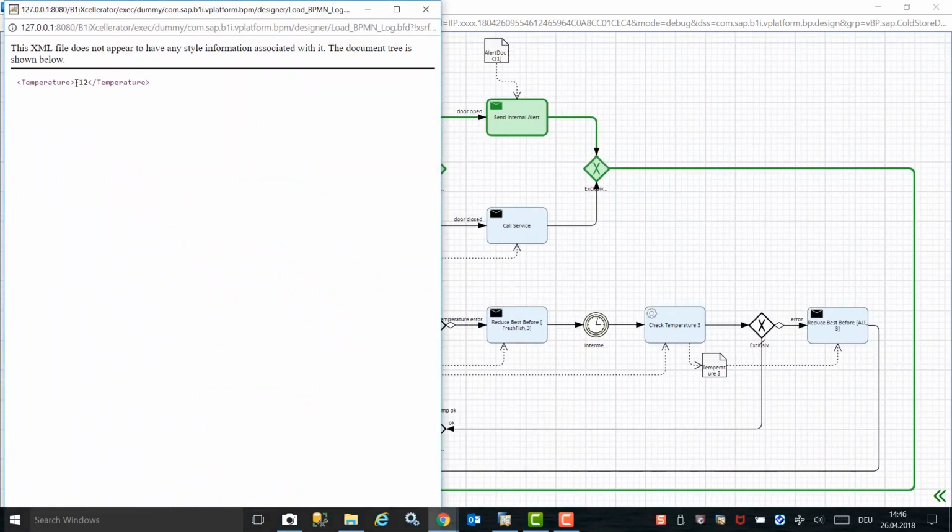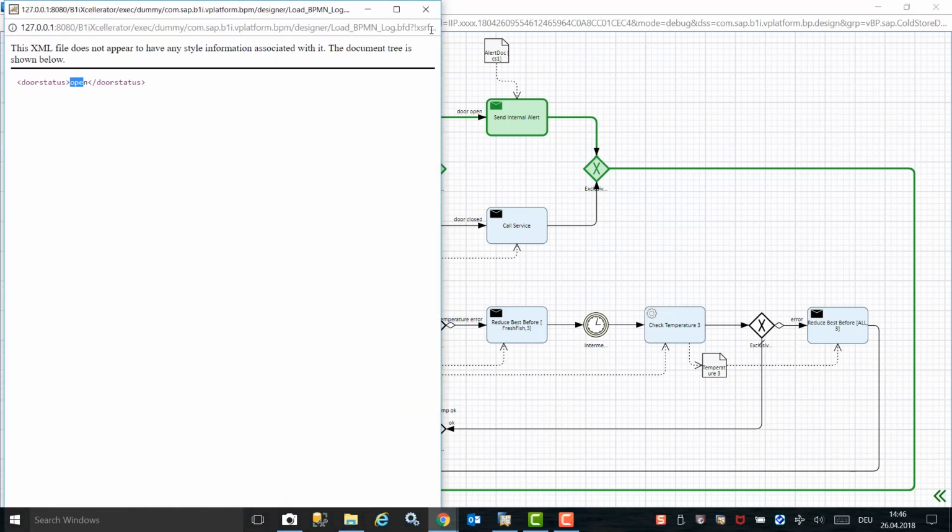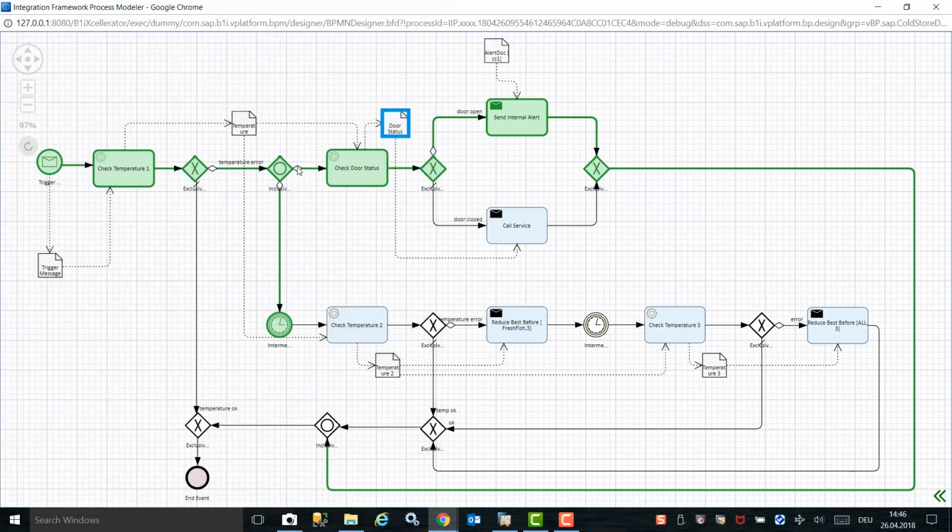Drilling down into the check temperature step, we can see that the temperature is now -12, which is warmer than -18, and the check door status indicates that the door is open. This has triggered an alert in SAP Business One. The process is still running and waiting to see if there is a temperature change once the door has been